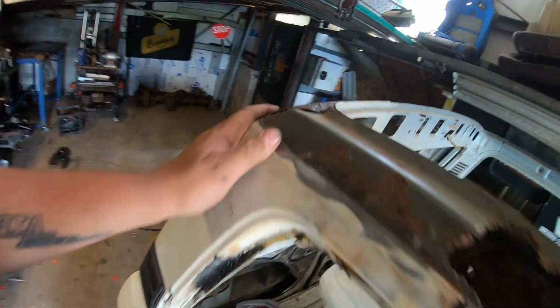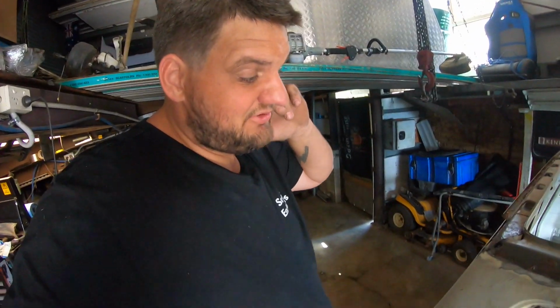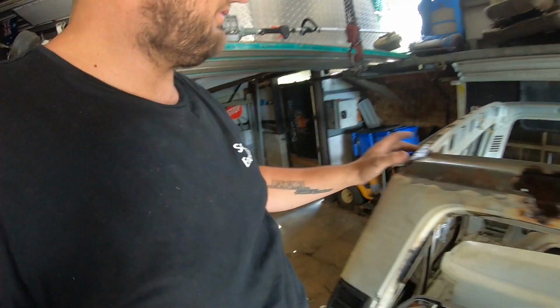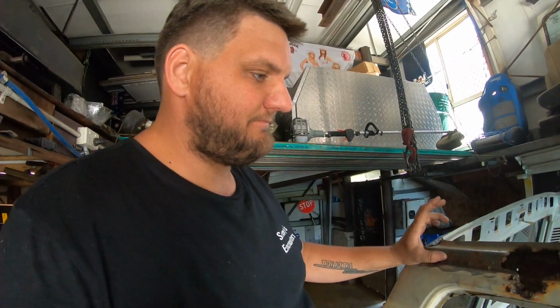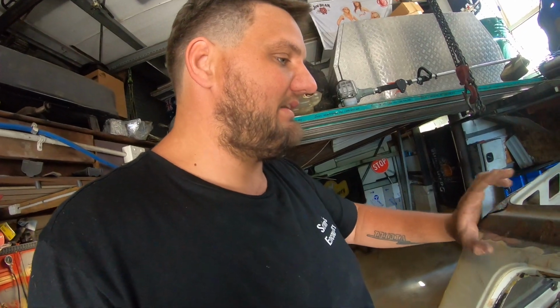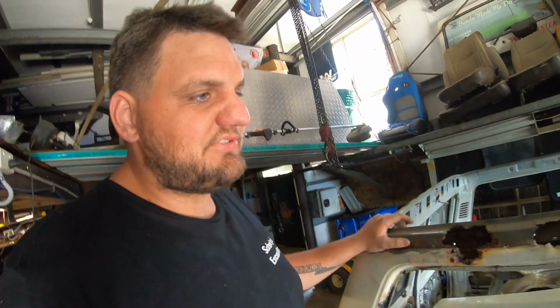But that's going to be the fun part. As much as I really want to be showing, thanks whoever's using the Sexel. As much as I really want to be showing all this, I've got to concentrate that much on making sure this roof goes back together beautiful. Well, not, you're still going to see, I'm still going to show you guys where all the welds go and all that, but